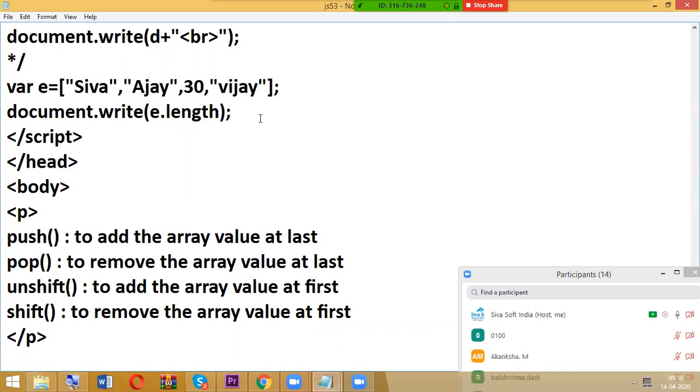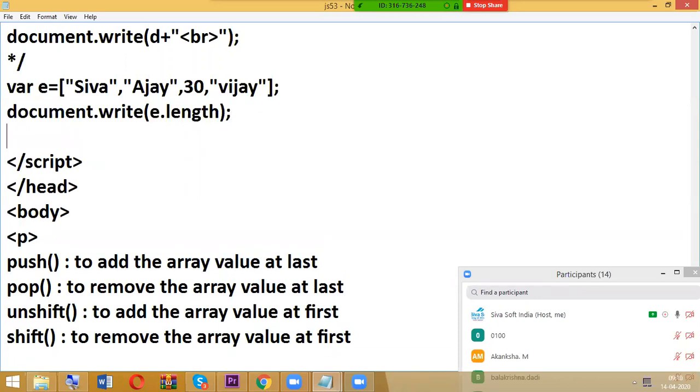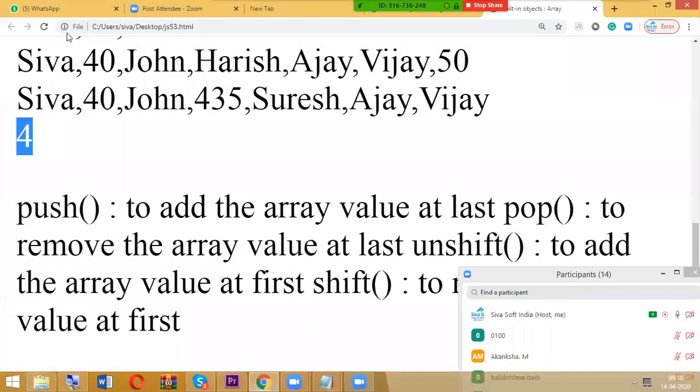Generally, how are we going to display the values? document.write(E[2]). What is E of 2? 0 is Shiva, 1 is Ajay, 2 is 30. So E of 2 is 30.